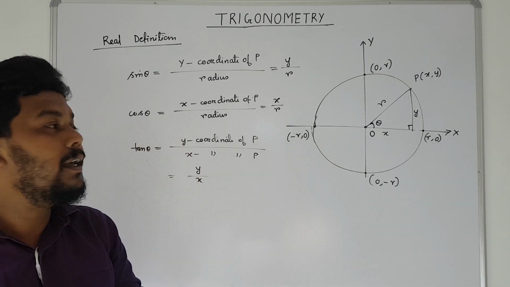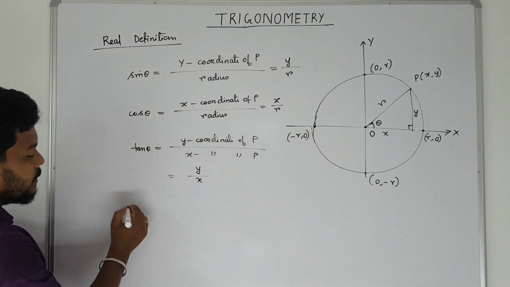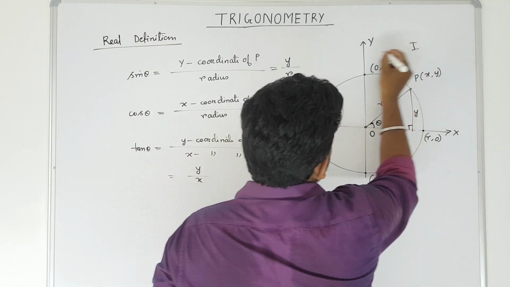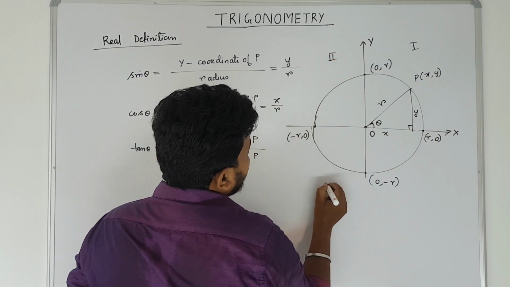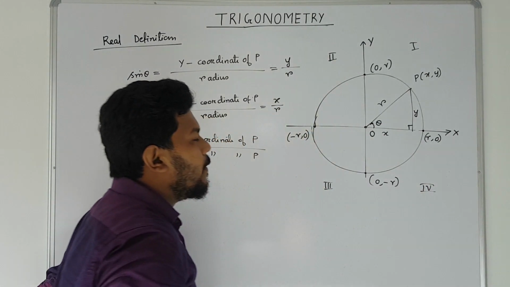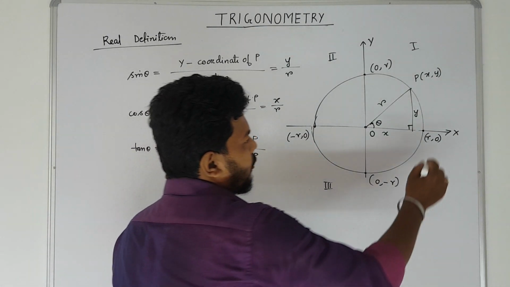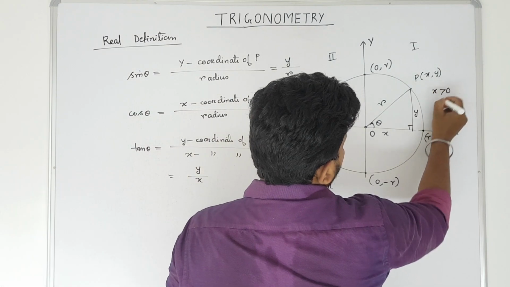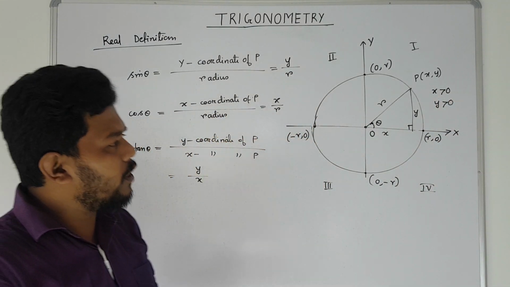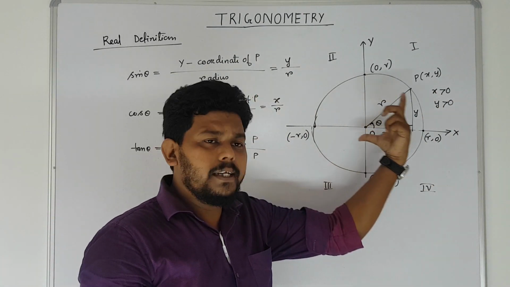When the point P lies in the first quadrant, now how many quadrants are there? 4 quadrants. First quadrant, second quadrant, third quadrant and fourth quadrant. You can easily say, in the first quadrant, x and y are both positive. So I can write x greater than 0, y greater than 0. In the first quadrant, x and y both are positive, and the radius r, obviously, will be